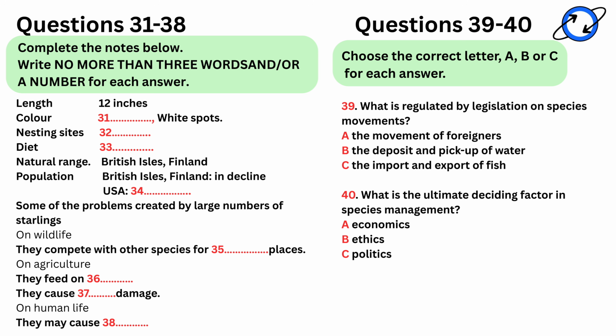Starlings, as I have said, nest in trees, and it has been found that they are more aggressive than native species, native that is to Australia and New Zealand, when they are looking for nesting places. They therefore compete with native species for nests, and also they drive those species away from nests. So, this nest-building activity causes harm to native species, but also they are a nuisance to humans.